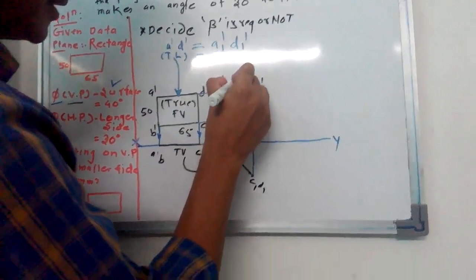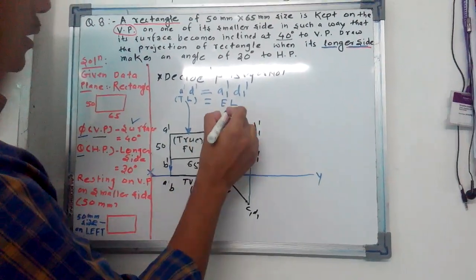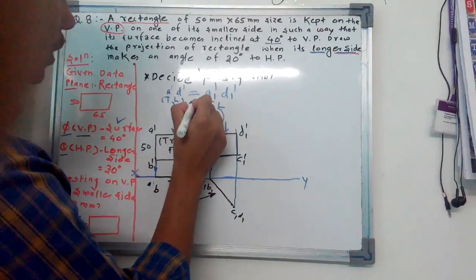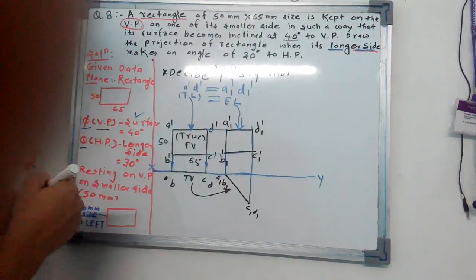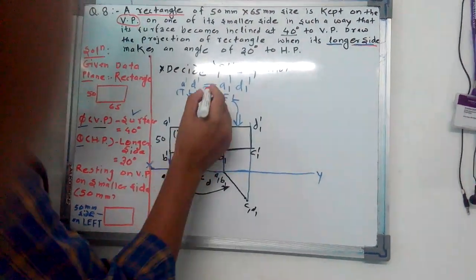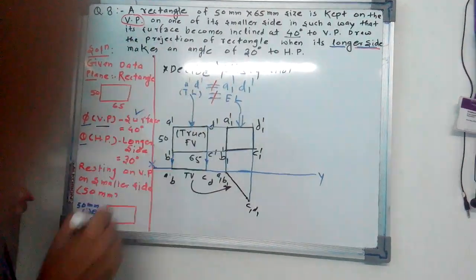This is the elevation length you are going to get. Is it equal? If not equal, then